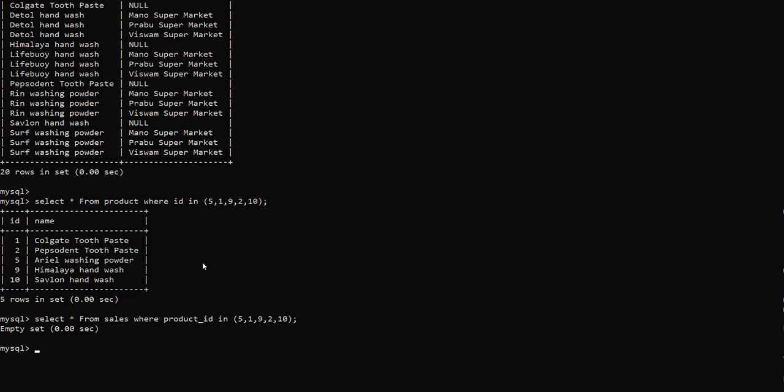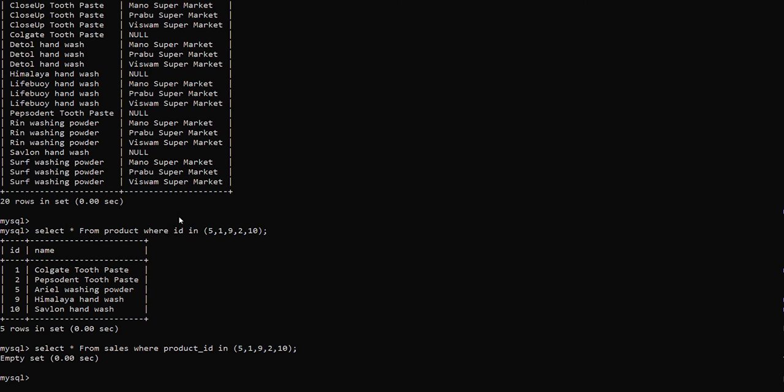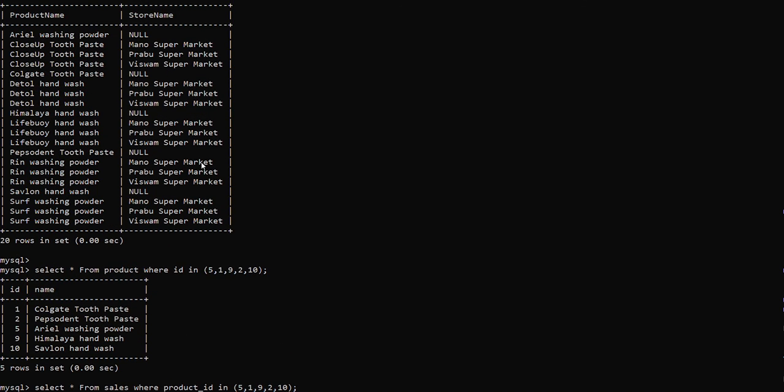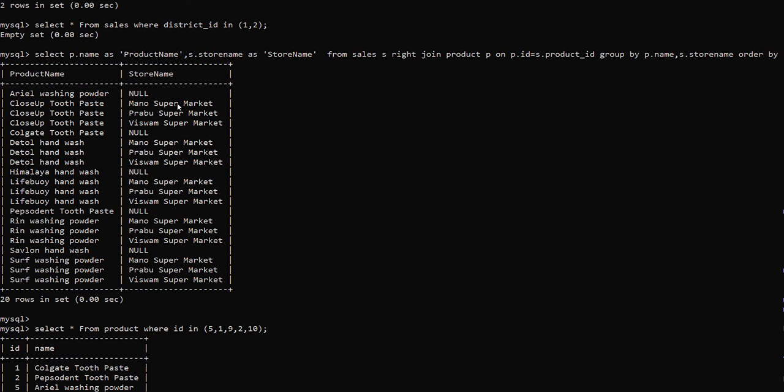So these products are not sold in any market, any store. So we are getting null. We achieved this using right join. Right join will only fetch results for the table on the right and null for non-matching values in the left table.